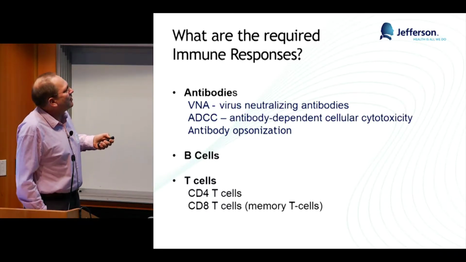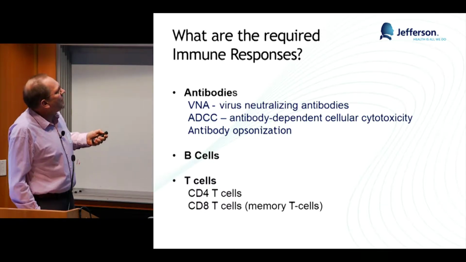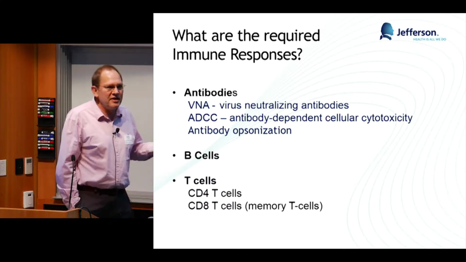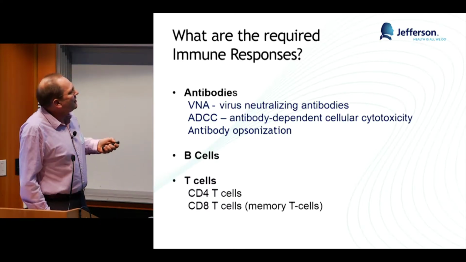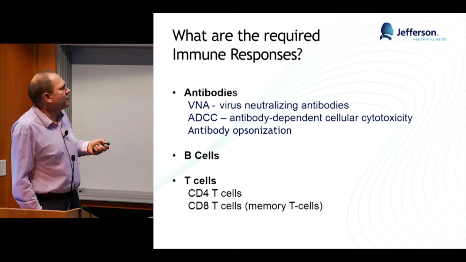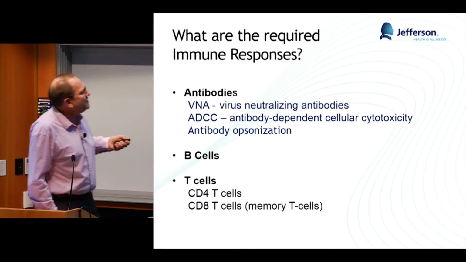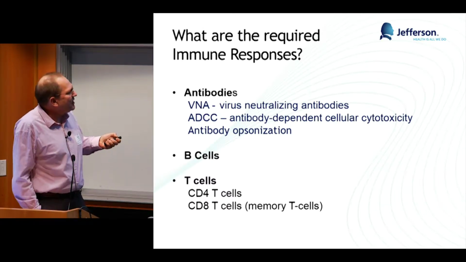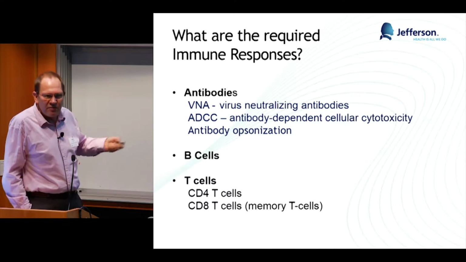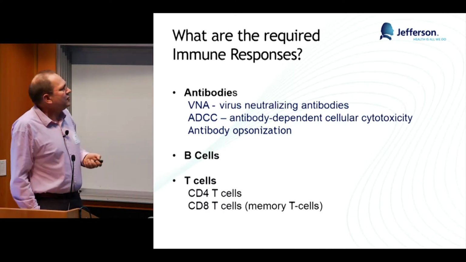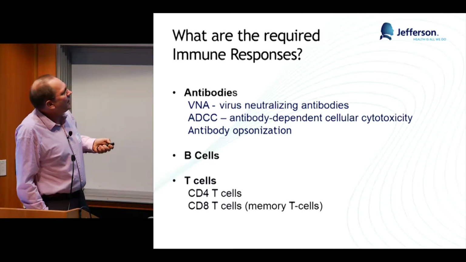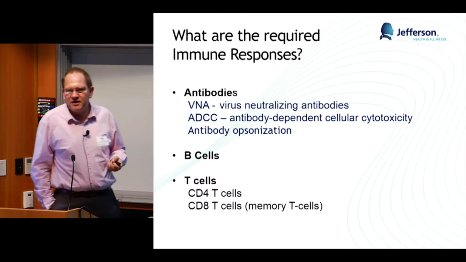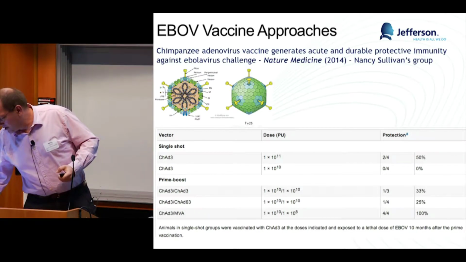You can have this antibody opsonization. Do you need antibodies? Do you need B cells? Are circulating antibodies enough, or do you need to produce antibody? And then certainly the biggest controversy is the function of CD8 T cells. Do you need CD8 T cells just for clearance, so basically naive ones, which amplify and just clean up, or do you need memory T cells? And it seems to be a little bit different for different vaccines and how well they work.